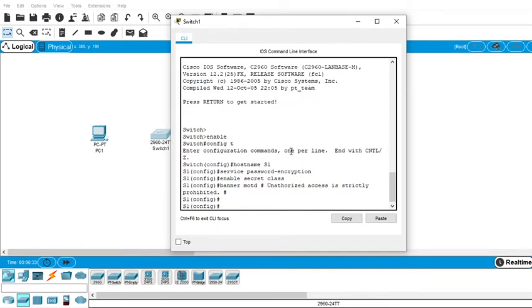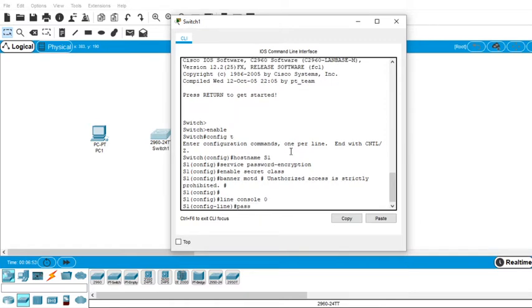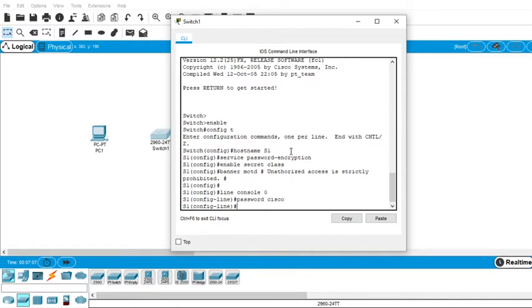Okay. Next we'll secure the console. This is the console, or if you remember, the blue cable that you used to plug in physically, or in the classroom environment, right? So it's going to be line console 0. Since we just have one console line, it's line 0. So give it a password. We'll give a password of Cisco. Every time a console is plugged into your Cisco switch, it will automatically prompt you with this password. So that's additional security. You don't want anyone to connect the console cable and